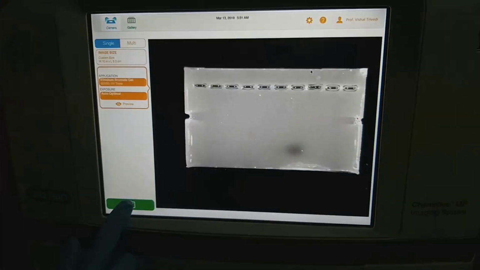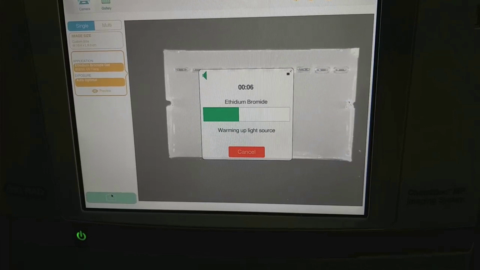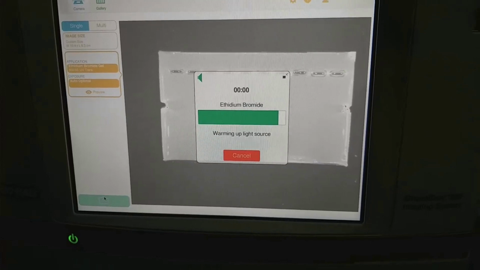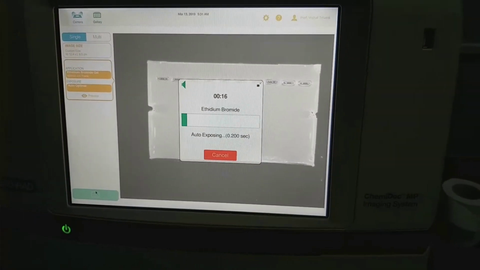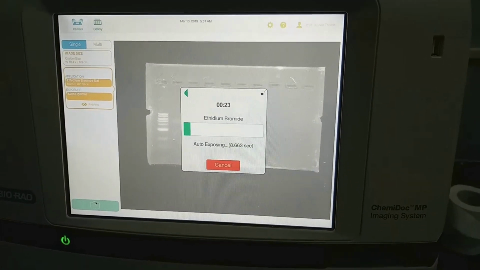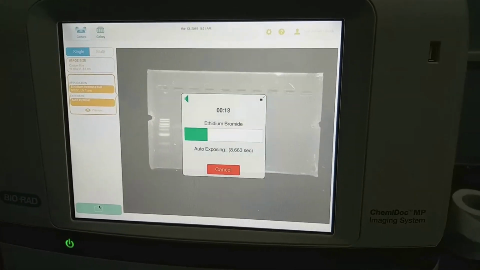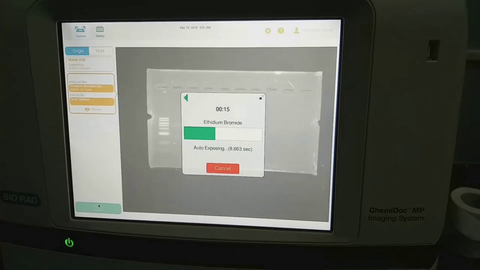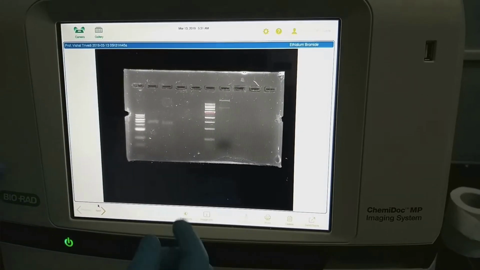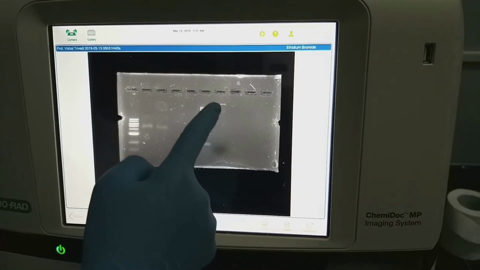Then we will acquire the images. Now we can find here, this is the DNA ladder, this is the PCR amplified product.